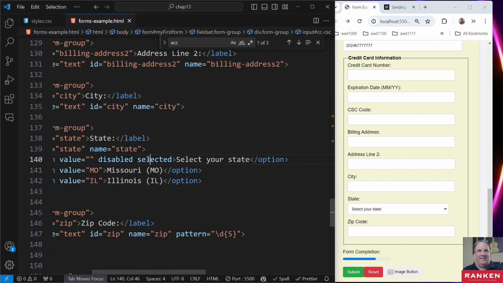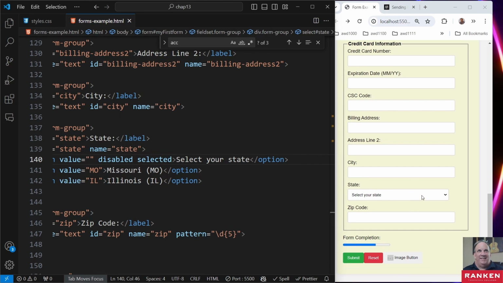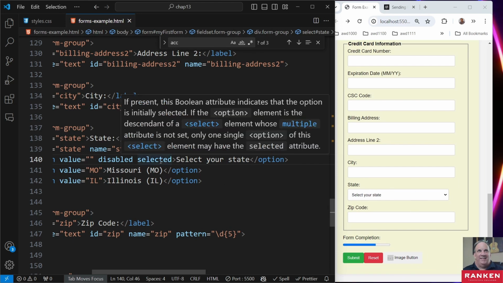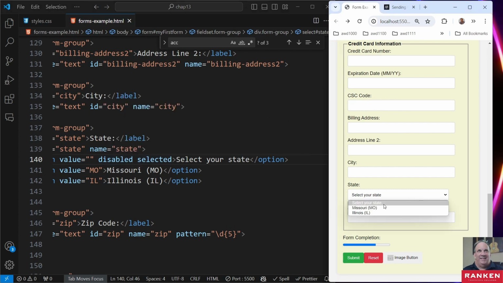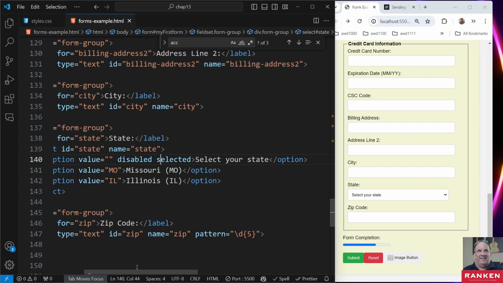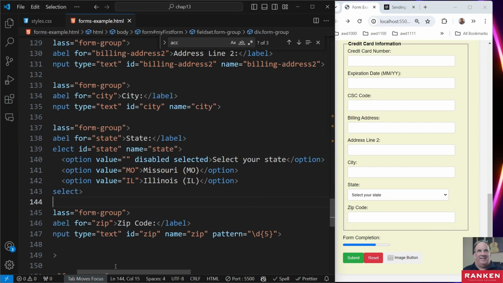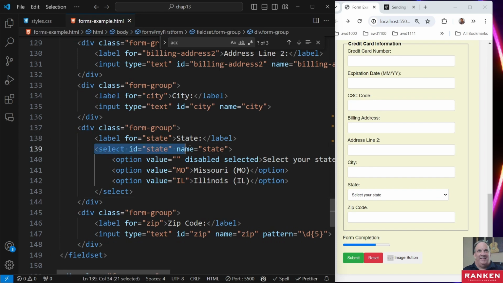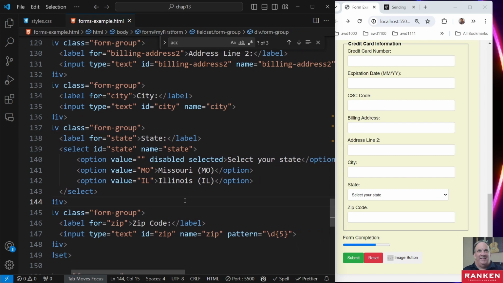For state, select your state, selected, disabled. So what this is here is a drop down menu, and you use a select statement with multiple options. And when you submit this, basically what it's going to do is,